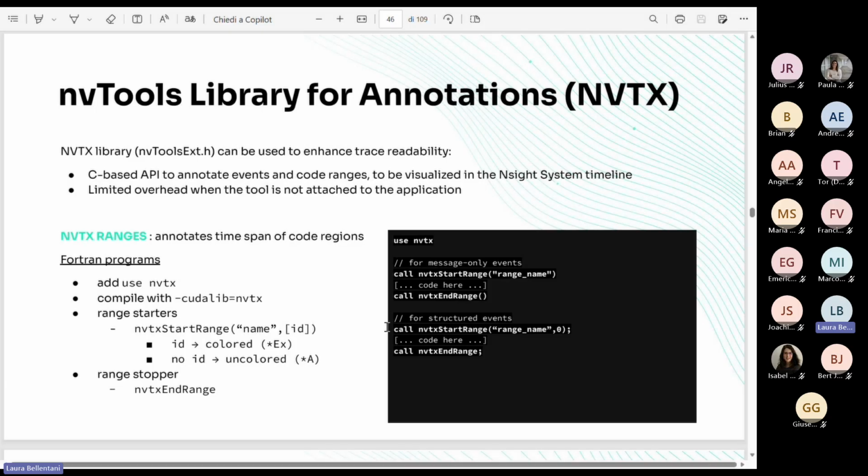You need to specify at least one string, which corresponds to the name of the label that you want to provide to the range, and then one additional parameter, an integer, to set a specific color. Okay, this simplifies a bit the definition of the ranges with respect to C++.